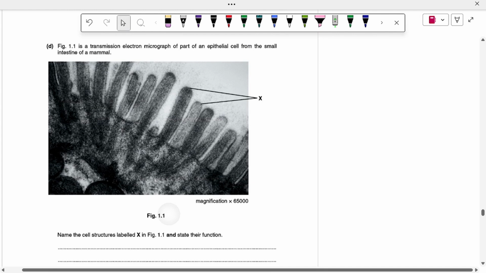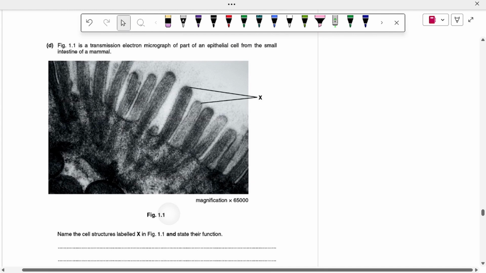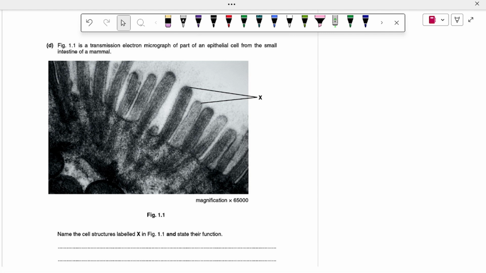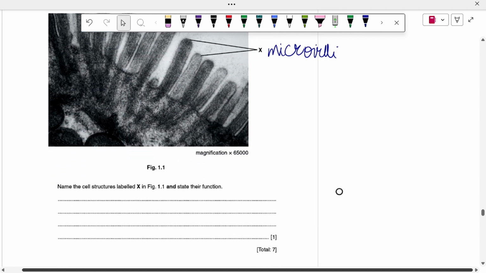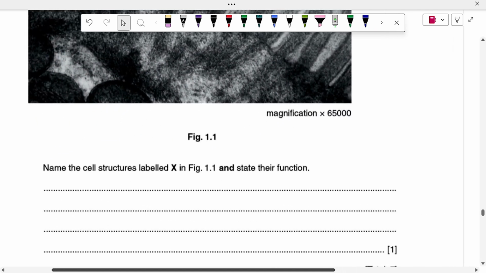Figure 1.1 is a transmission electron micrograph of a part of an epithelial cell from the small intestine of a mammal. So आपको ये पता होगा from your O level. In your digestive system, in your small intestine, you have microvilli. इनका function क्या होता है? They increase the surface area for the process of digestion. या फिर जो भी absorption हो रही होती है, secretion हो रही होती है, उन सब के लिए increase कर देता है the surface area. So X is your microvilli. थोड़ा सा ये O level से question आया हुआ है, I think. Name the cell structure label X in figure 1.1 and say their function. So X is microvilli,